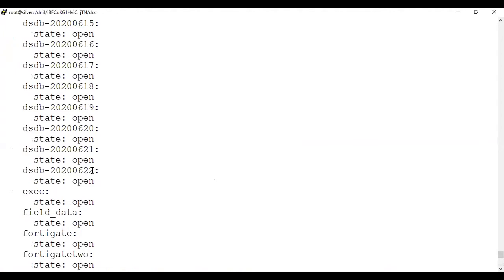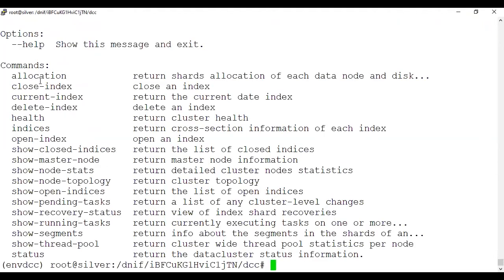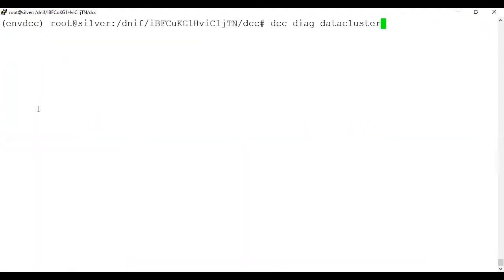Very important part, keep in check that every day is in decreasing order, because you are getting indexes for every day: 22, 21, 20, 19, 18, 17, 16 and so on. So this is very important to work with. Now the operations you can do: you can close an index, you can view the current index, you can delete an index, one at a time. Also you can delete multiple, take a backup of multiple, and close multiple from the backend, and yes, from the front end also you can do that. This is very useful while working.